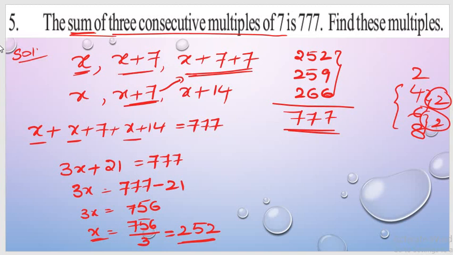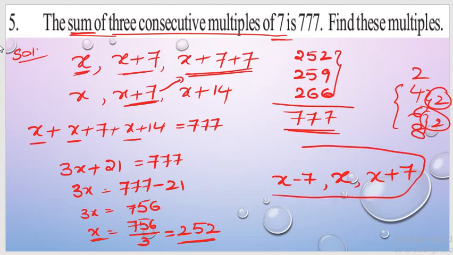If you want to do it in a simpler way, there is one more approach which you can follow, right? Since he is saying 3 consecutive multiples of 7, if I consider the middle number as x, its next number will be x plus 7, and its previous number will be x minus 7. So likewise, you can also consider x minus 7, x and x plus 7.